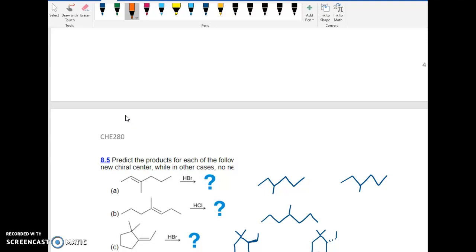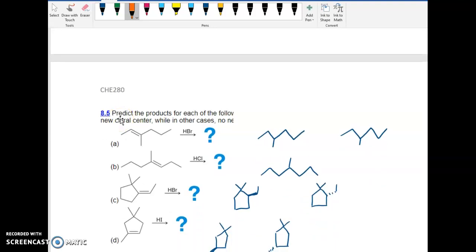So let's look at these examples. Predict the products. So this is going to be a Markovnikov's addition. The hydrogen is going to come off here, and we're going to get a bromine added to that position. Well, that's going to be a stereocenter because it's chiral. We've got 4 different things coming off, and so we're going to get